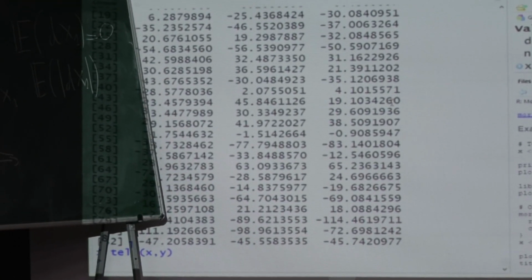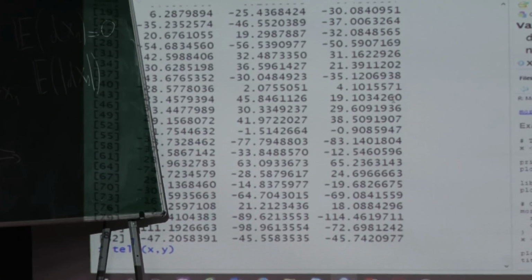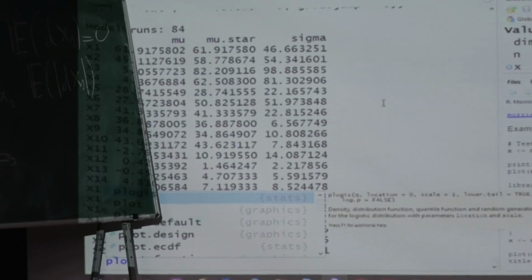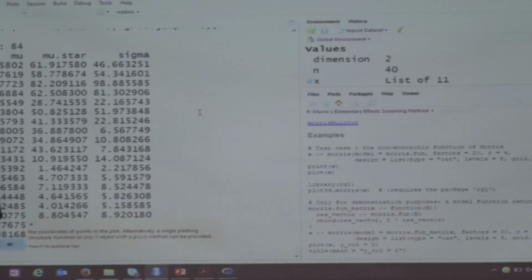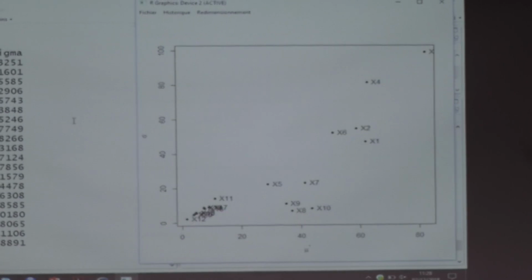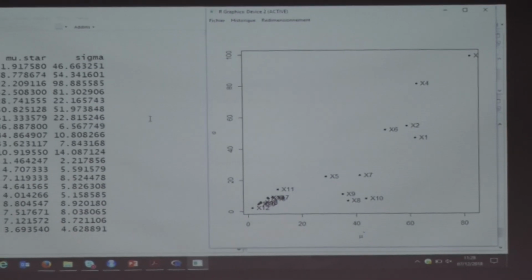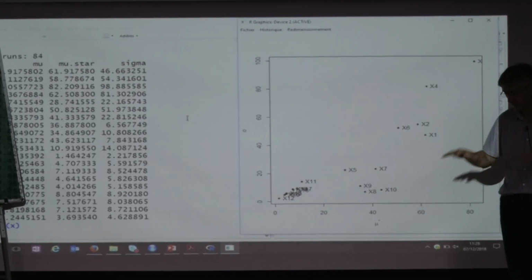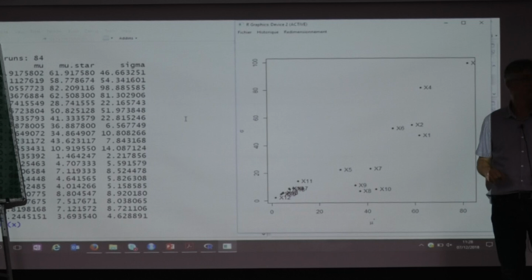So I have updated the sensitivity analysis object, and now I have the result of the Morris method that I can plot. I just wanted to explain this because I think it's easier to explain in this place than in the other place.